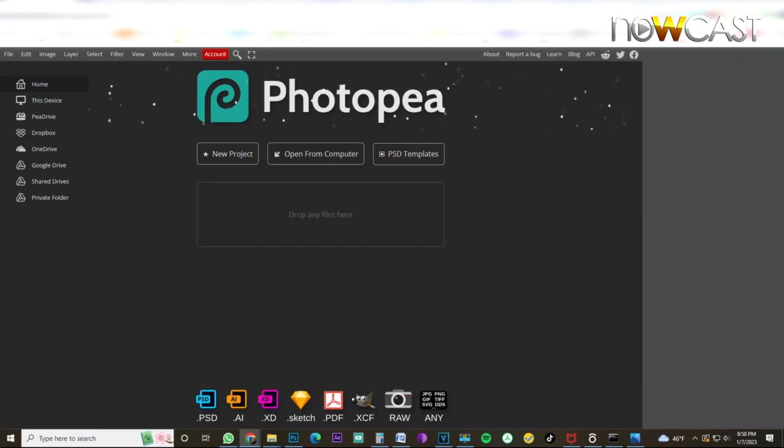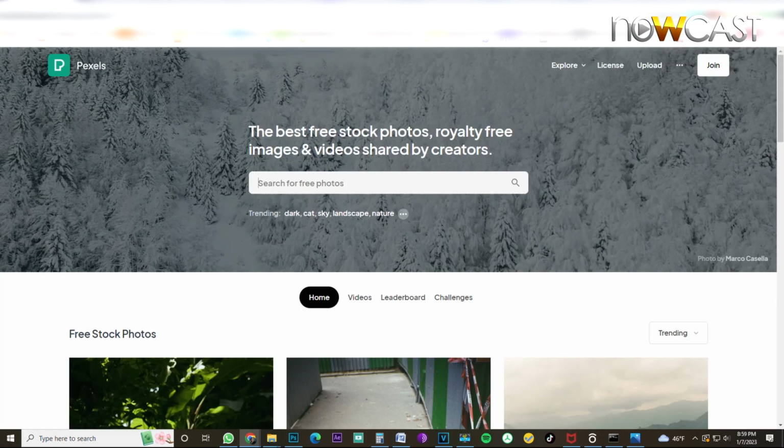Photopea.com is a free program that you can use to easily edit your designs. But before we jump into editing our design, we want to get high resolution pictures. Either you yourself have high resolution pictures of your organization, your business, or however you are trying to design your app. You want to have high resolution pictures to do that. If you don't have high resolution pictures within your organization, you can go to free websites like Pexels, and this is what we're going to use: